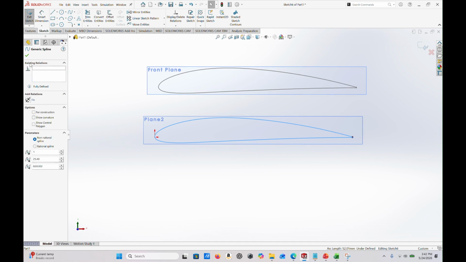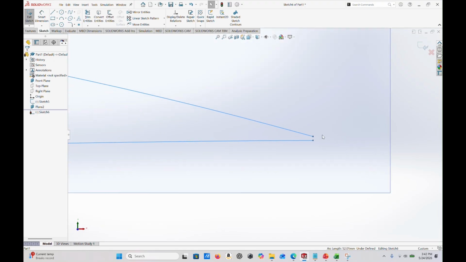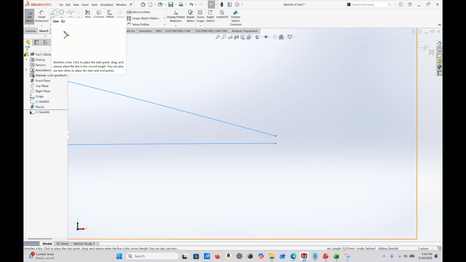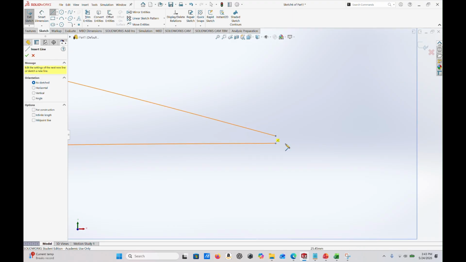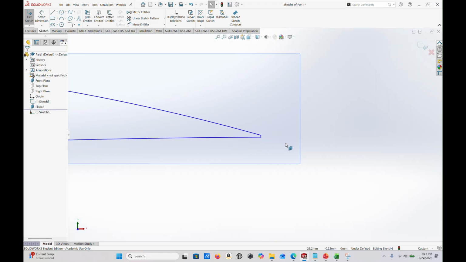And after that, if you want, you can either convert entities or just add a line. I'll just add a line by just going to insert line again and connecting the two dots as done before. And you can click escape to escape from the line. Now that you have the two airfoils,